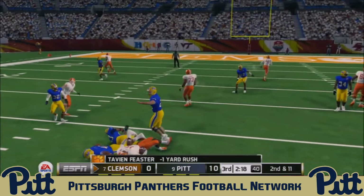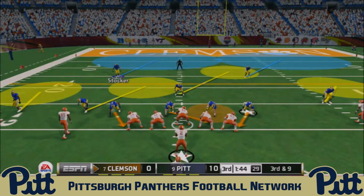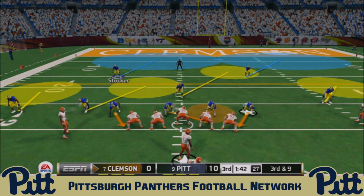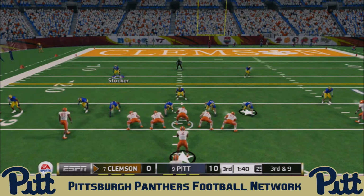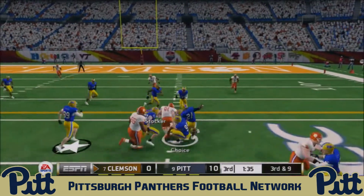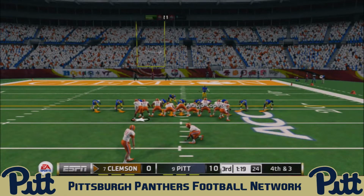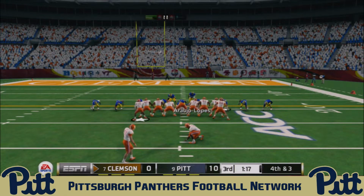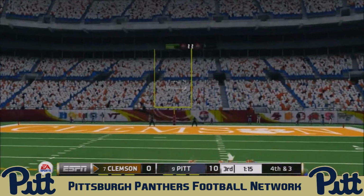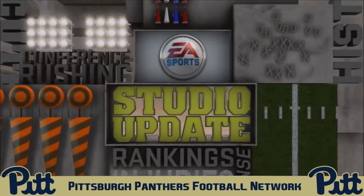Tavian Feaster on first down, nowhere to go there as he's stuffed up by Barry Jenkins in the backfield. And it's going to be 3rd and 9 now for the Tigers at the 28. Bryant looks to the sideline to change the plays back, dumps it off quickly to Adam Choice, fights his way forward, but the Panthers converge on him, swarm on him about 3 yards short of the first down, and that'll bring out Greg Huegel and the field goal team. The kick is up, and the kick is good, so Clemson is on the scoreboard,